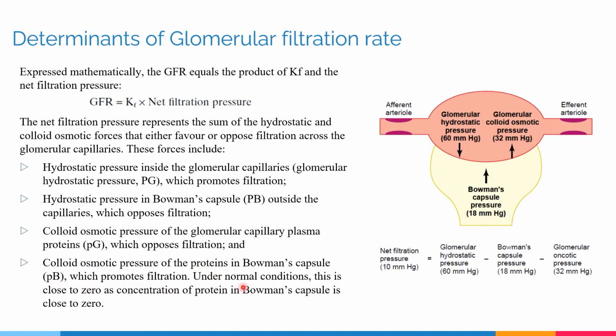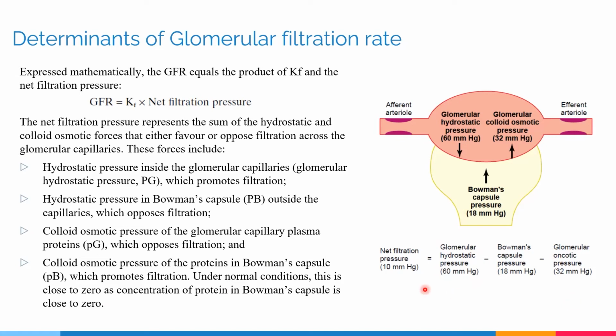But as we have seen, under normal circumstances, the Bowman's capsule has very low protein concentration in its glomerular filtrate, and thus, as this concentration is close to zero, the colloid osmotic pressure of proteins in the Bowman's capsule is also close to zero, and thus the fourth parameter can be effectively neglected. Thus, we have a final working equation which gives us the net filtration pressure, which is equal to